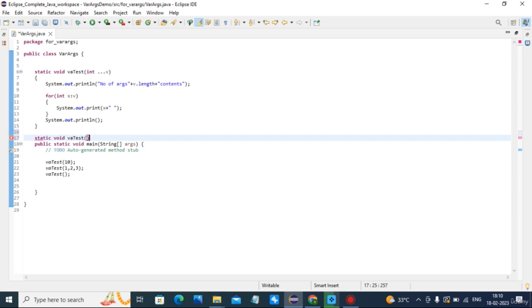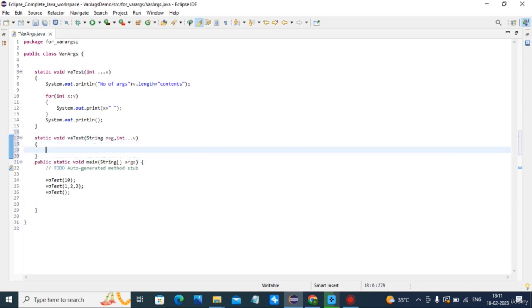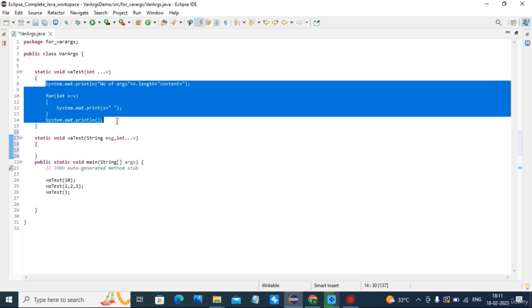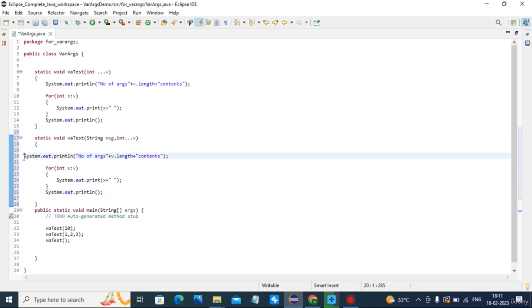So here overloading is also completed. How? Number of parameters and type of parameters are different. Int colon triple dot and then v. All the rest will remain the same: number of arguments, length, contents, and I preceded it using a message.